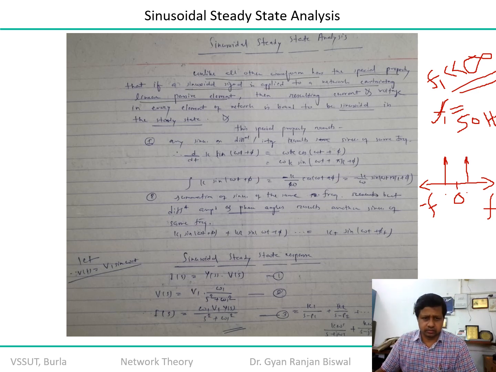You can revert that also. V of s is equal to Z of s into I of s. You can consider any admittance network or impedance network, it doesn't matter. Okay, so now the source you have been provided, V of s, is an independent variable.